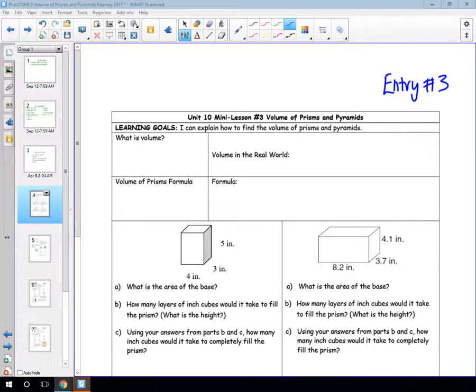So two things before we get started. One, I know you guys have been finding the volume for years, okay? But up until this point, you've mostly been finding the volume of rectangular prisms. So we're going to look at how you find the volume of a trapezoidal prism or a triangular prism. And secondly,